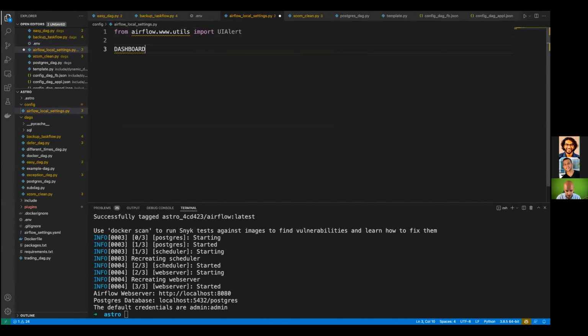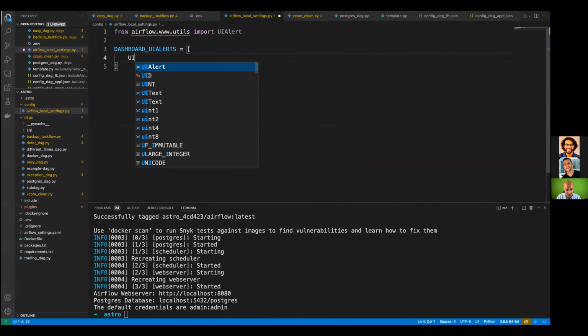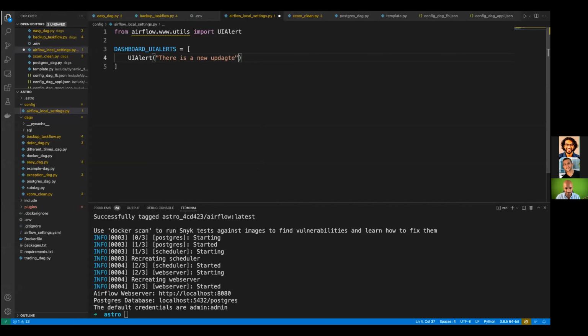So DASHBOARD_UI_ALERTS equals, oops, not deprecation warning, equals UIAlert. And from there, you can put your message. So let's say, I don't know, there is a new update. Okay. There is a new update here. And you want to make sure that everybody is aware of this. And you can specify category equals info, because this is not really critical, right? So you save the file